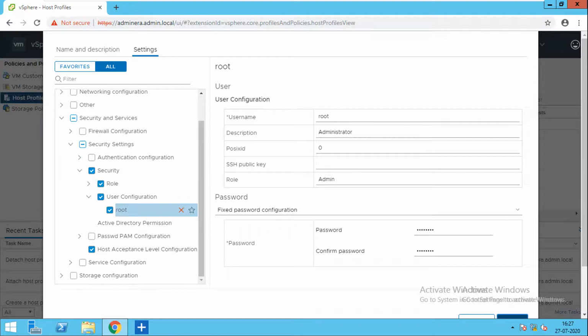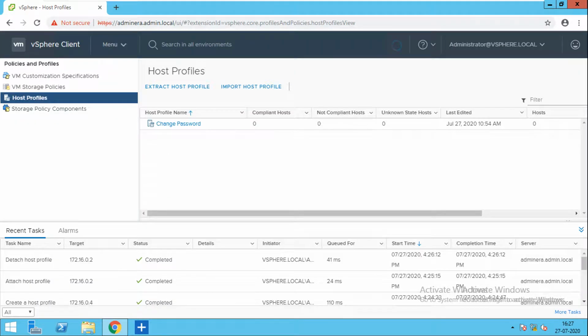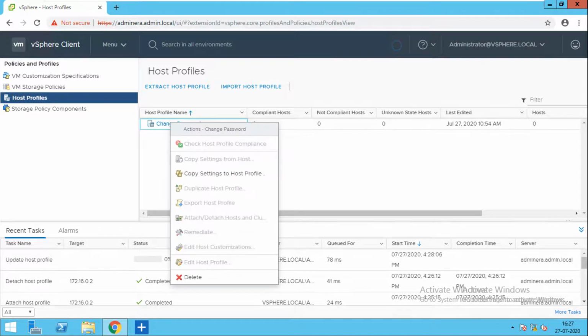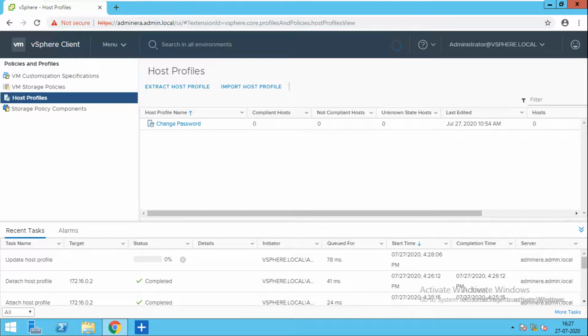I'll click OK. Now it is edited. It will take time because the host profile is updating, so we'll wait till it is updated.